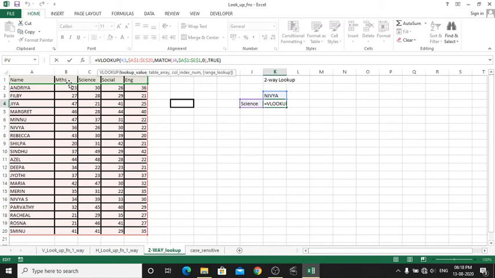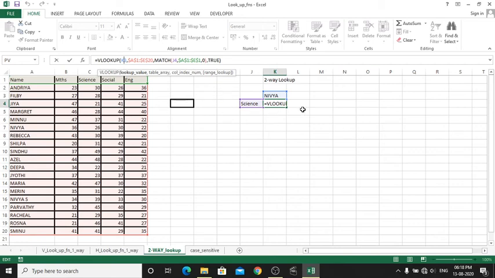Okay, if I am a science teacher, I just want to know the marks of science subject only, right? So like that, the third argument will be 3, since name is in the first column, Max is in the second column, and science is in the third column. So like that, if any value is static, then we can pass that as the index number.